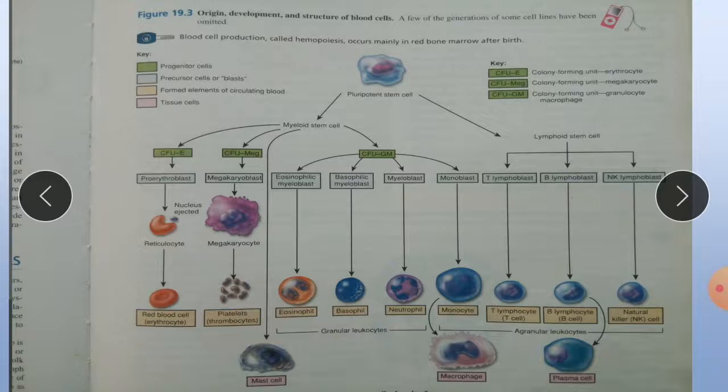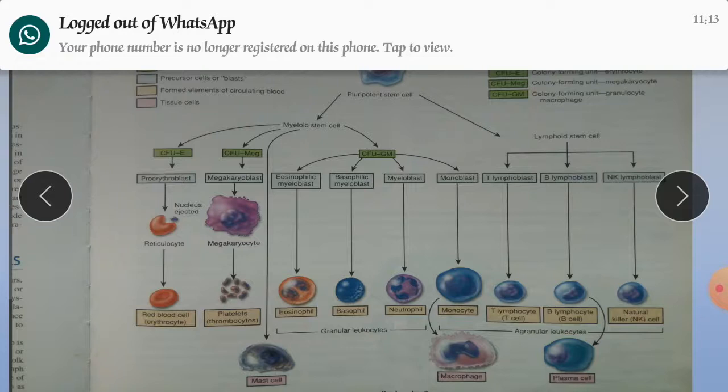This occurs as blood forming stem cells from the red bone marrow move into the yellow bone marrow, which is then reproduced by the pluripotent stem cells. So here these are the pluripotent stem cells. They are responsible for the myeloid stem cells and the lymphoid stem cells. These are the two types of stem cells which are produced by these pluripotent stem cells.